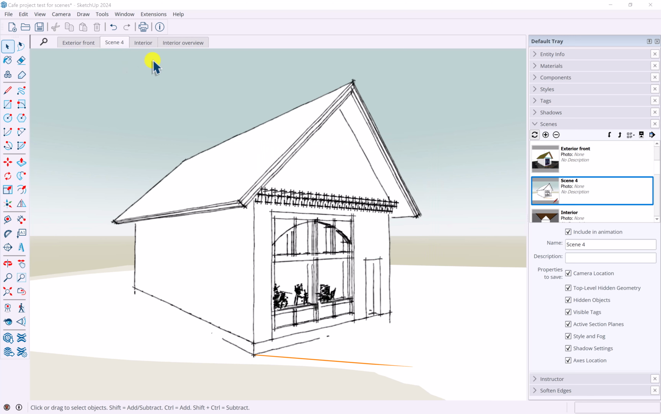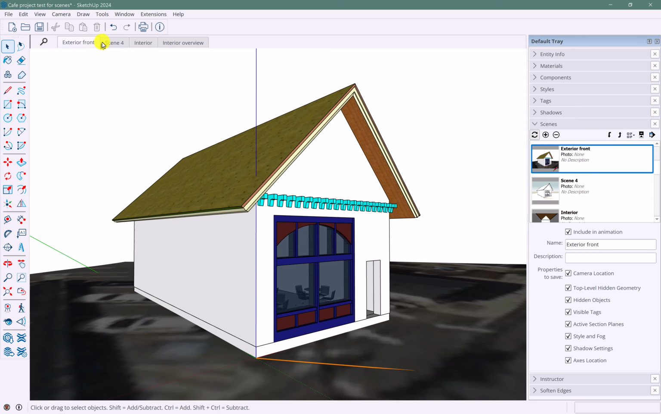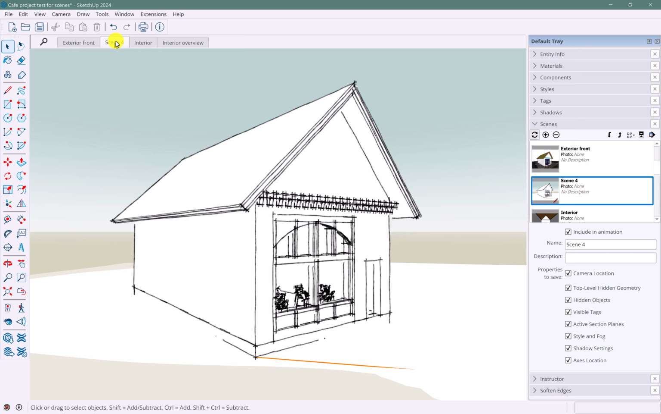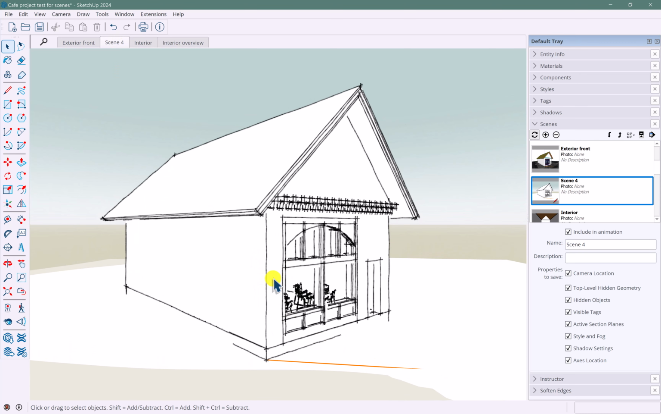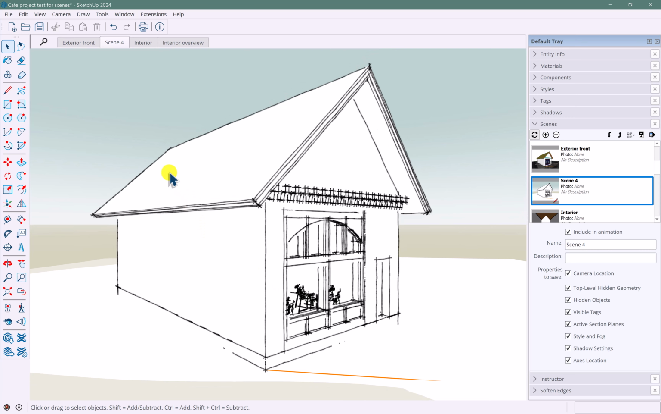So now I can jump, and again, you can rename it if you want. I can jump from this view to this view very quickly. And it's just a way to say, what do I think of this model in monochrome? It's actually a different way to think of your